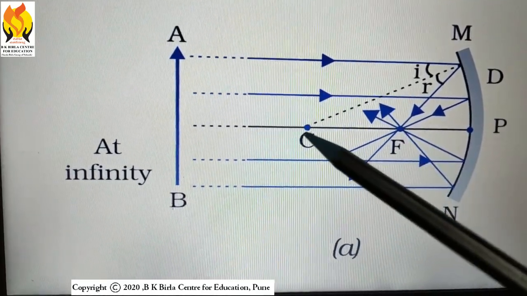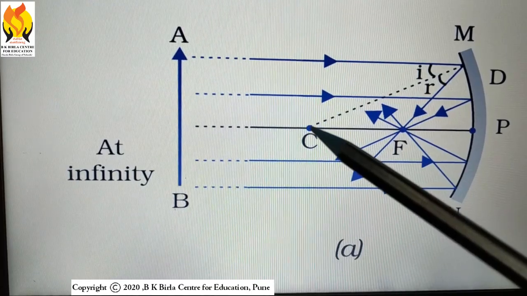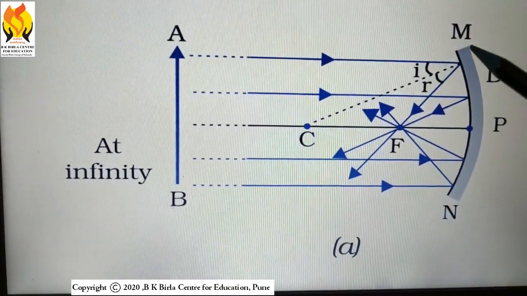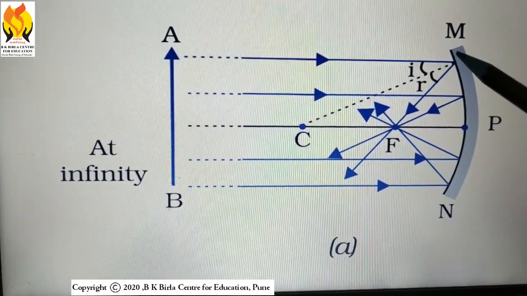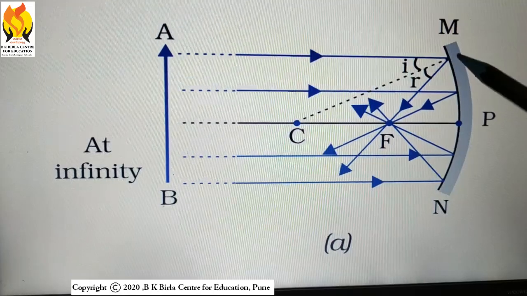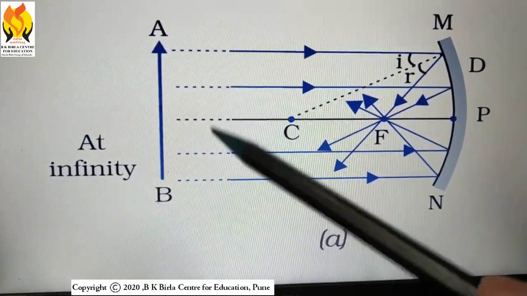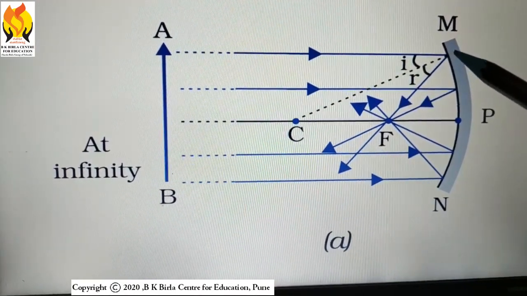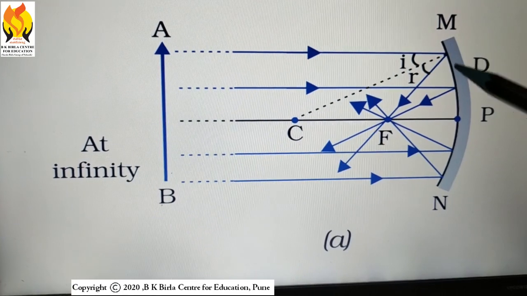Another interesting point is the center of curvature. Center of curvature is the center of the hollow sphere. So now focus more on what is the meaning of hollow sphere. For example, this is a part of the reflecting surface, and if you extend it, then you form a full sphere. So this is a full hollow sphere made up of glass, from where we have taken this small part